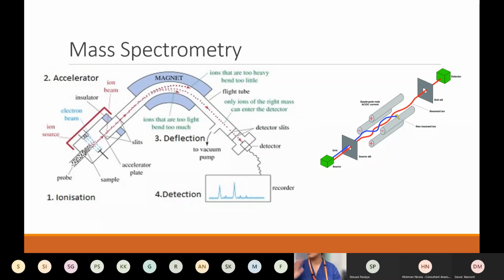a magnet. Because they have a positive or negative charge, depending on the mass-charge ratio, if they're really heavy, because they've got high mass, they won't bend very much, they won't go around the corner very much, and if they are too light, they'll bend too much, and either way they'll crash into the sides of the magnet. But for the mass-charge that you've selected that you want to detect, if your magnet is fine-tuned to that, it will allow those ions to pass through the ion gate and end up at the detector